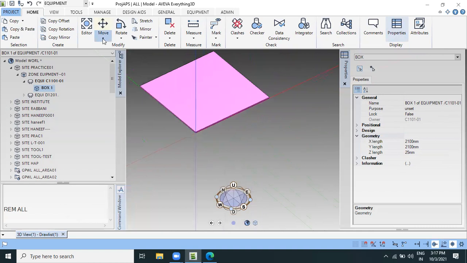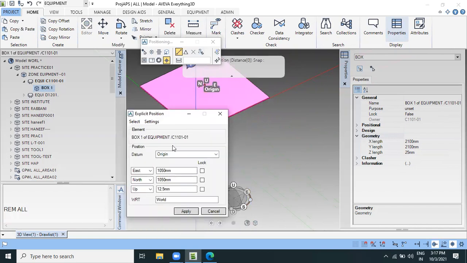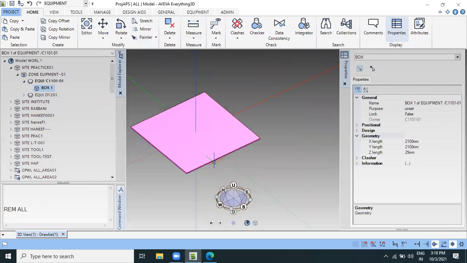Go to home, move, position. Here 0 is the origin point. We will set 0 value here because we will take the center, then enter, then apply, then cancel. All the values come on the coordinate of the center.